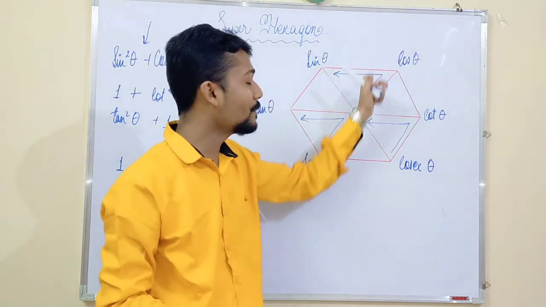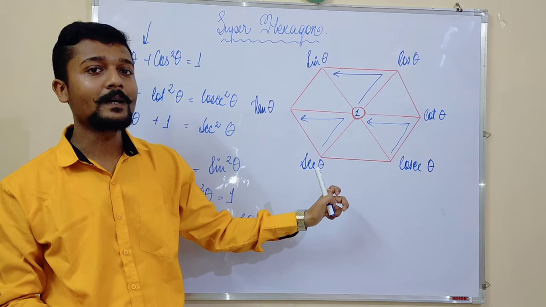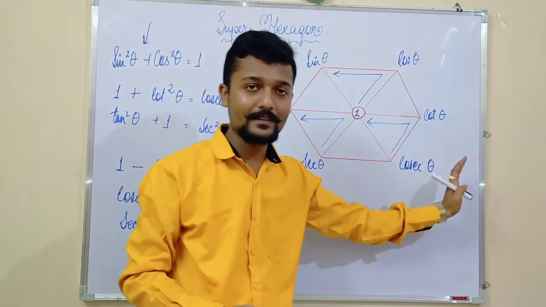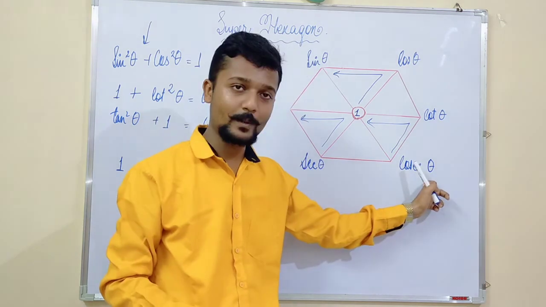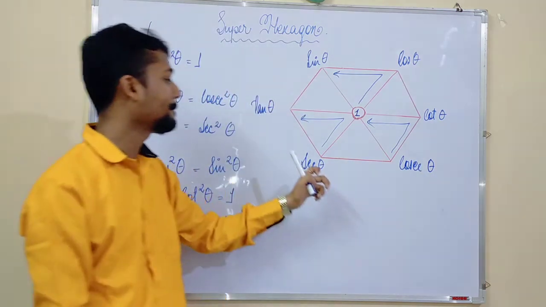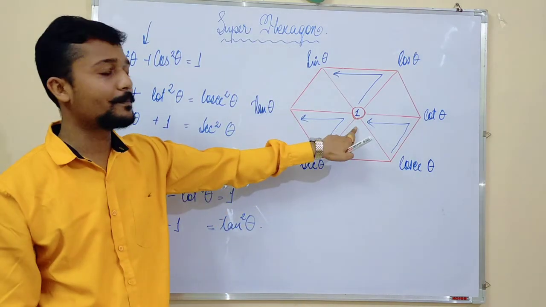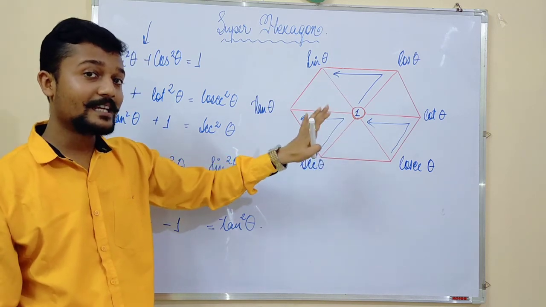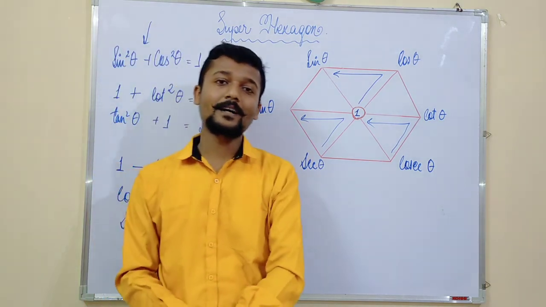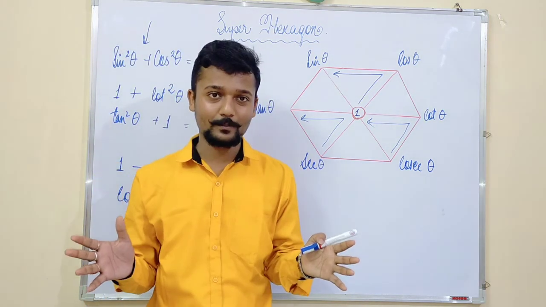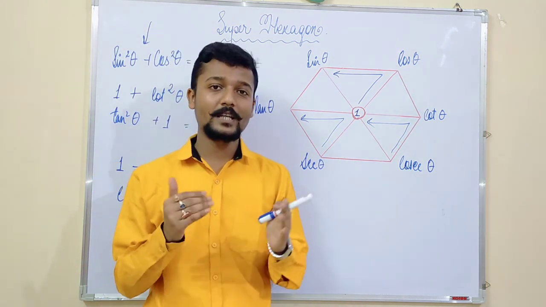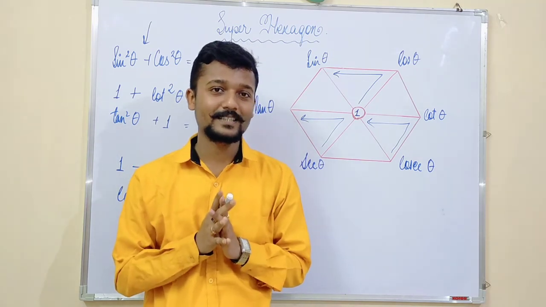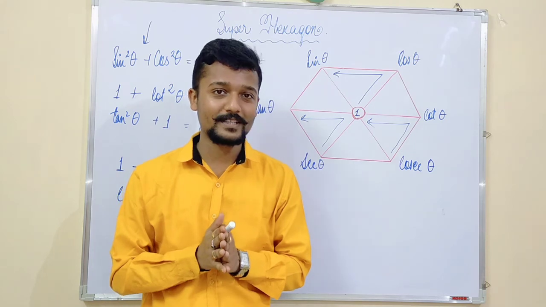Then on the right hand side we place the what? We place the identities of c on the right hand side. That means cosec will be here. What remains is sec, and in between it will be 1. And with the help of this superhexagon, it is actually helping us to find out all the formulas, most of the formulas related to trigonometry, without actually memorizing the things, isn't it? That is the best part of our today's class.